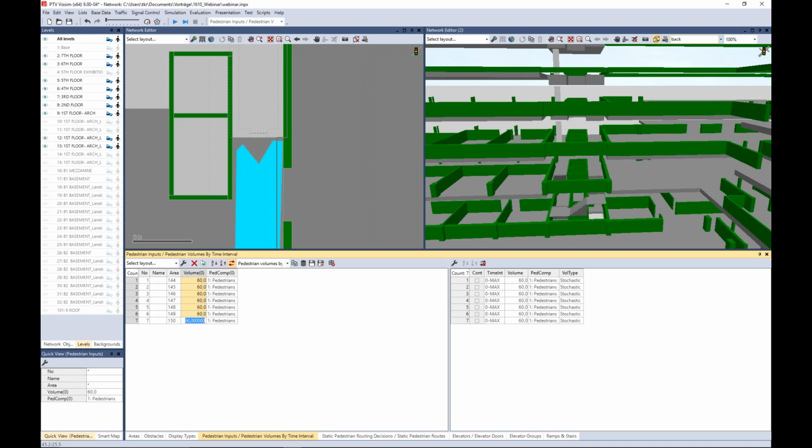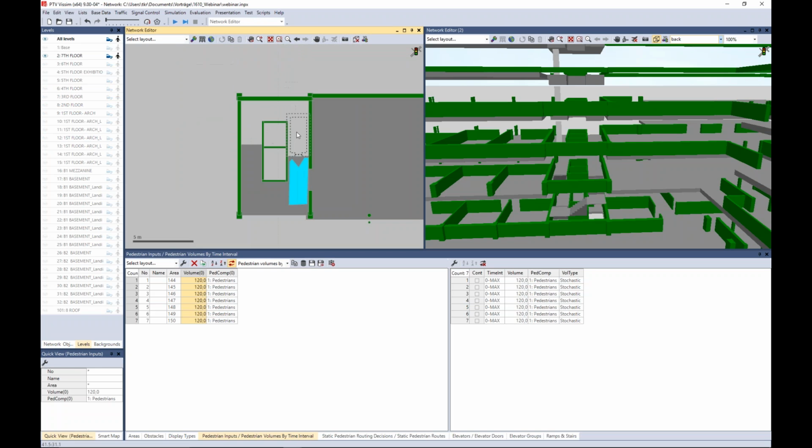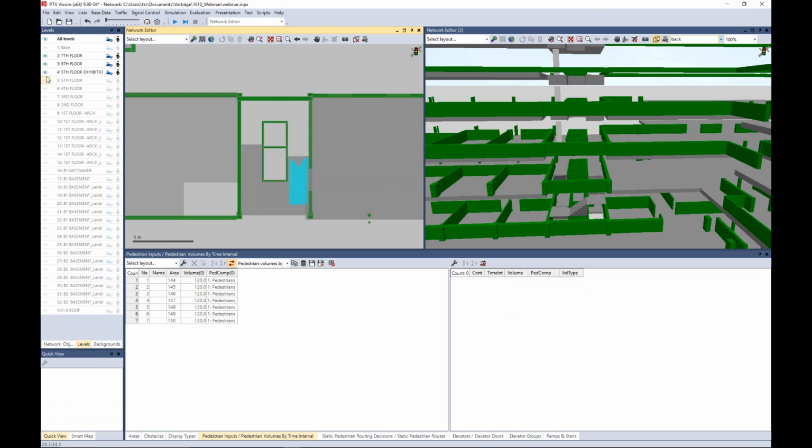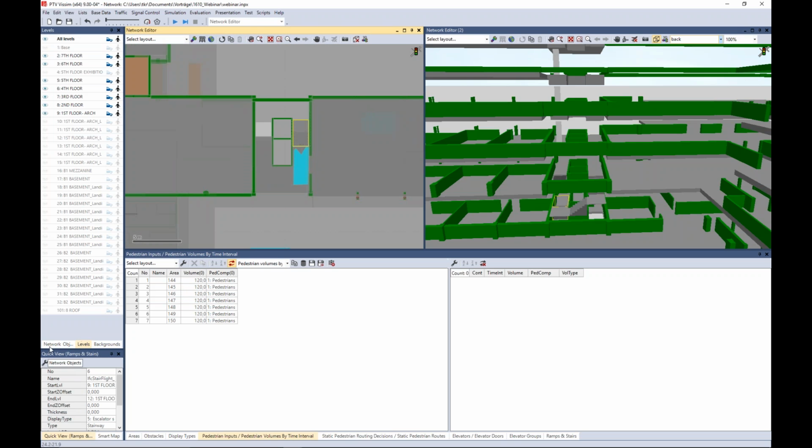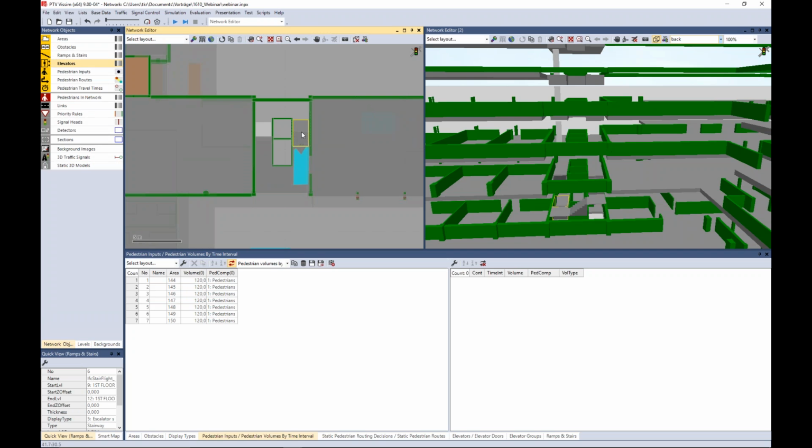For that to make sense, I just double the demand, and for simplicity I just pick this elevator,